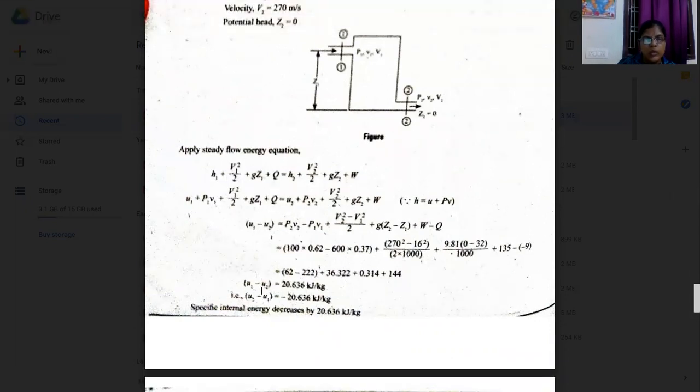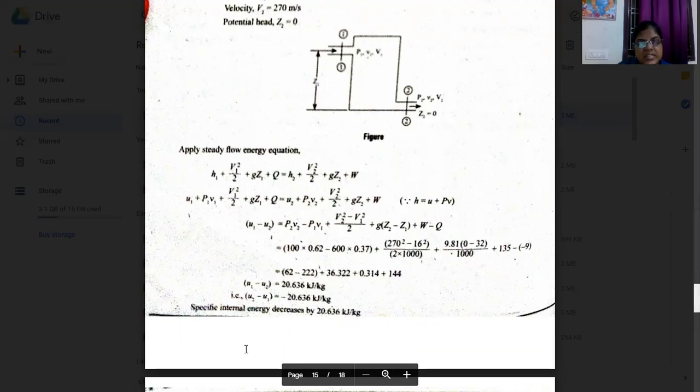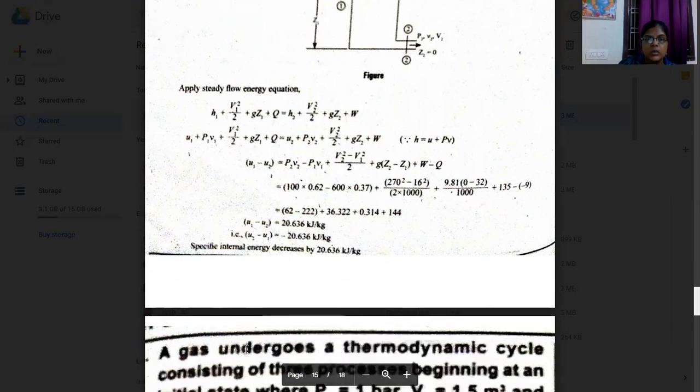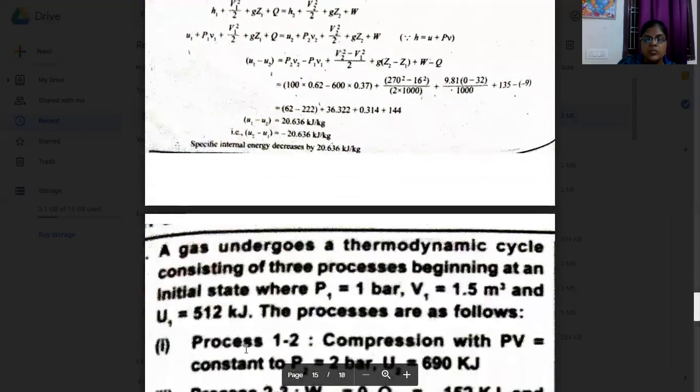We get that U1 minus U2 is equal to 20.636. That is, U2 minus U1 is equal to minus 20.636. So the change in specific internal energy is nothing but U2 minus U1, so that is why the negative sign. The negative sign indicates that specific internal energy decreases by 20.636 kilojoule per kg. Okay. First of all, we have to remember what the steady flow energy